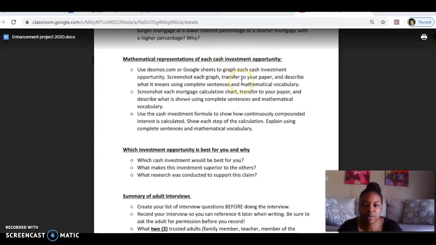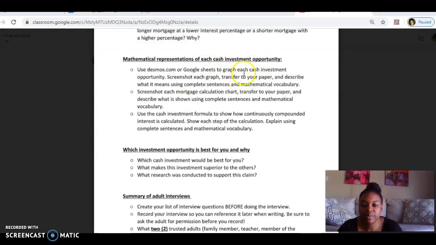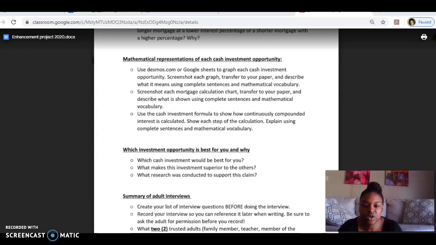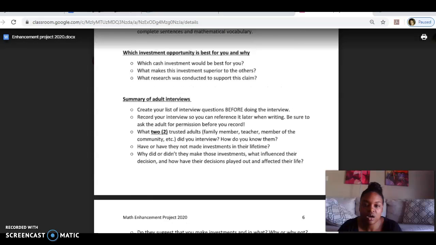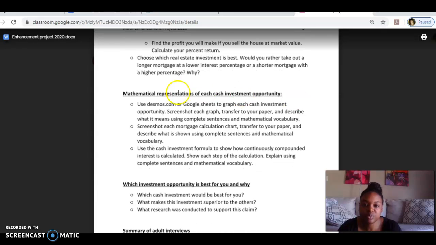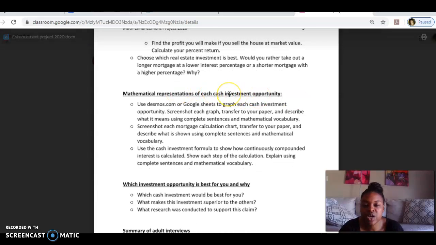for the cash investment opportunity. But it is actually for both the cash or the real estate. I only put cash investment here in the title, but it's for both cash and the real estate opportunities. But we're going to begin with the cash investments, and this video may be two parts because